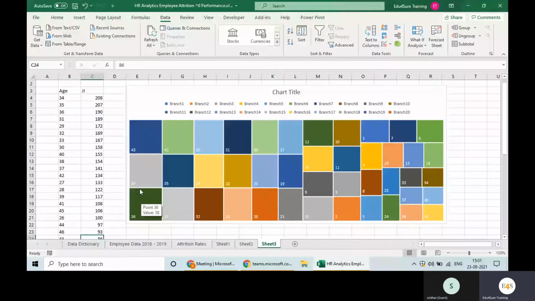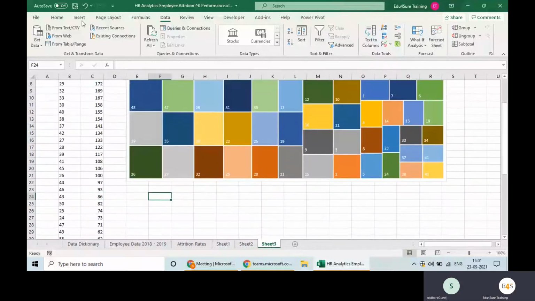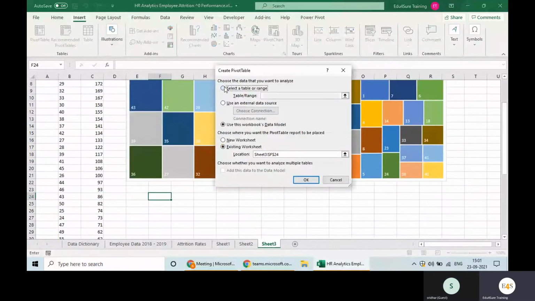How will you actually understand the job involvement of that particular age? You have to total it out. What other way do you have? 43 is 86, but the max count is 208, which is 34. So can you create this now? You will be able to identify the issue. You said the highest is 208. Create a pivot table now. I've created.